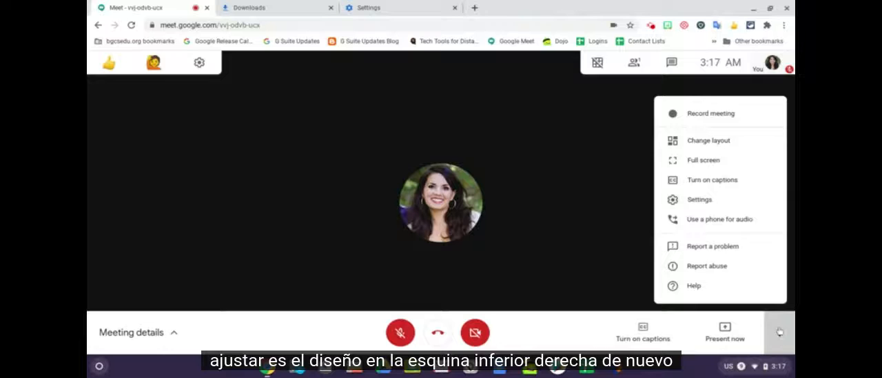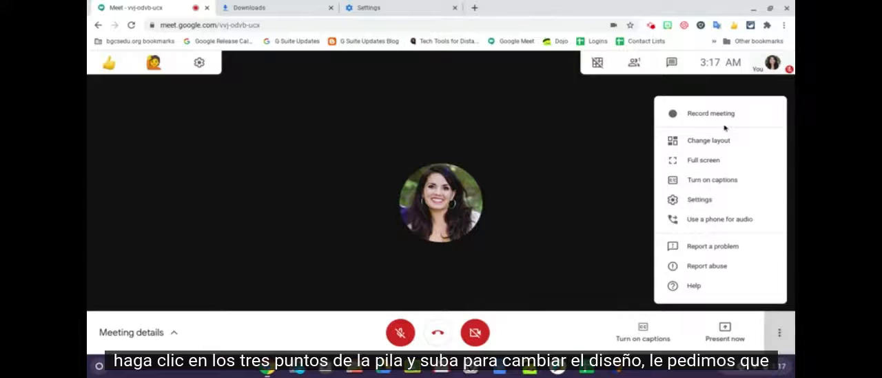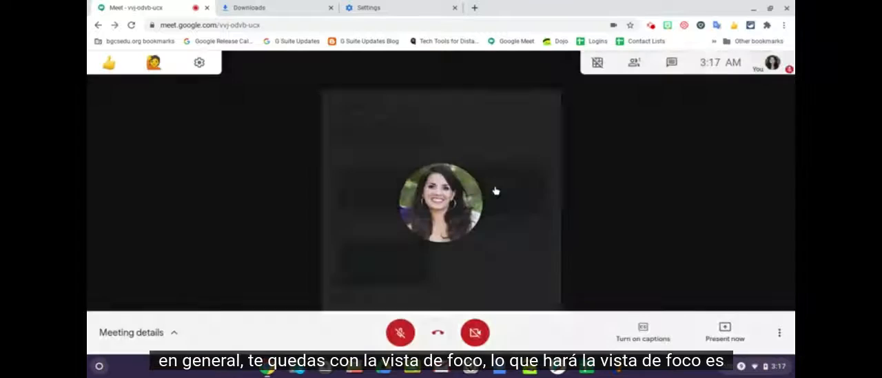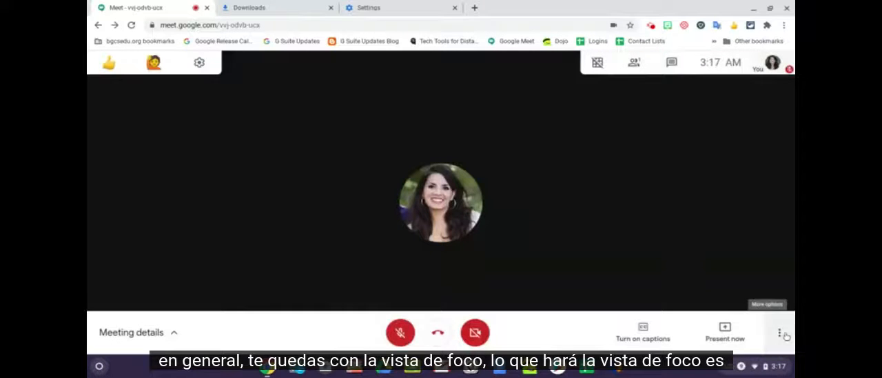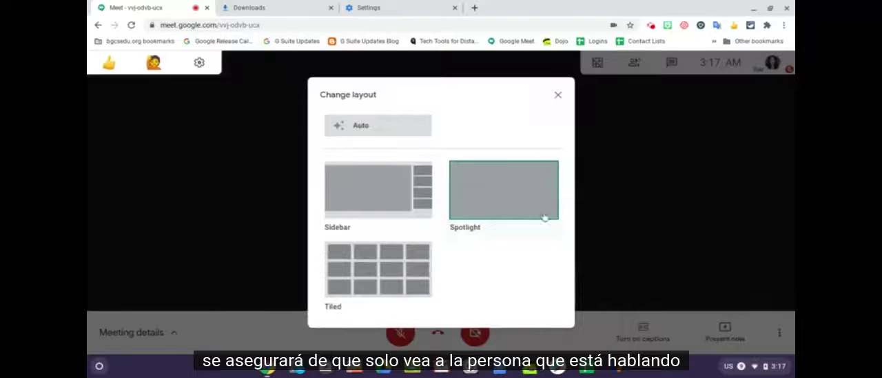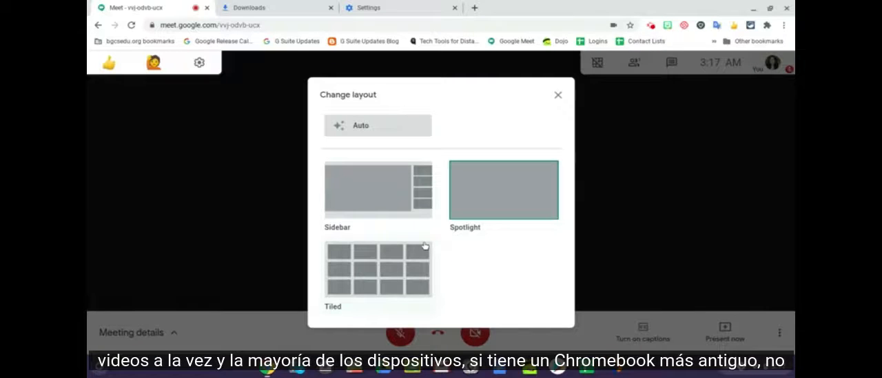So in the bottom right-hand corner, again, click the 3 stacked dots and go up to change layout. We ask that in general, you stick to Spotlight View. What Spotlight View will do is it'll make sure that you are only seeing the person who's speaking all at once. Tiled View, again, brings in multiple videos at a time, and most devices, if you have an older Chromebook,